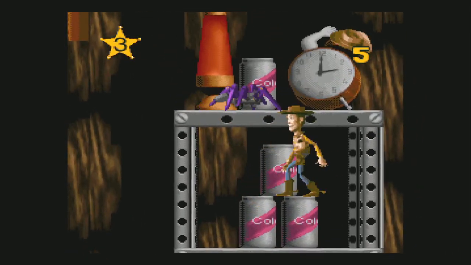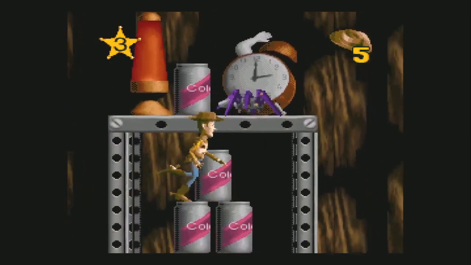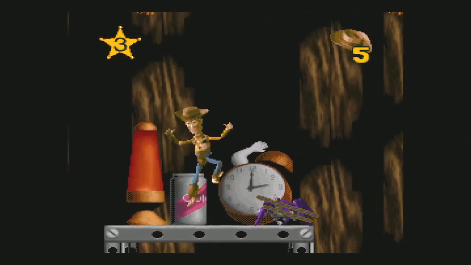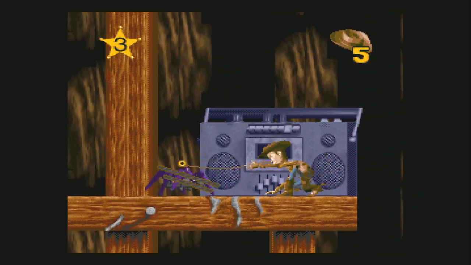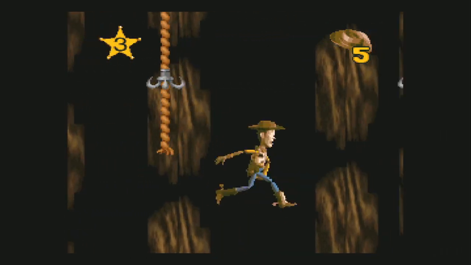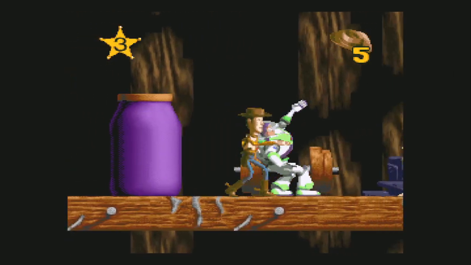Just gotta watch out for this spider. Oh boy. All right. Let me just knock you out of there. Come on. There we go. Okay. Just wanted to get up here so that I could leap across once that spider comes through. Okay. And now we're just going to leap forward, hold that Y button to swing forward. Okay. And this is where we land on Buzz,